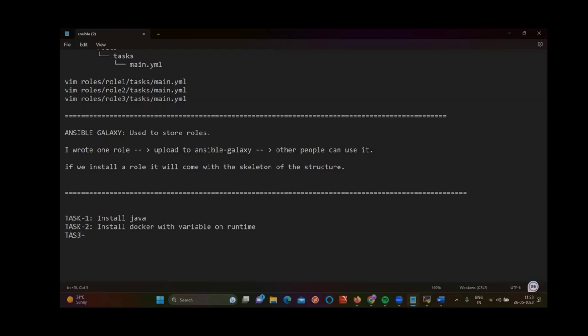In task 3, you need to create files. Rather than creating files, I'll do one thing: create users, but with the help of the loops concept only. That is task 3. And task 4 is